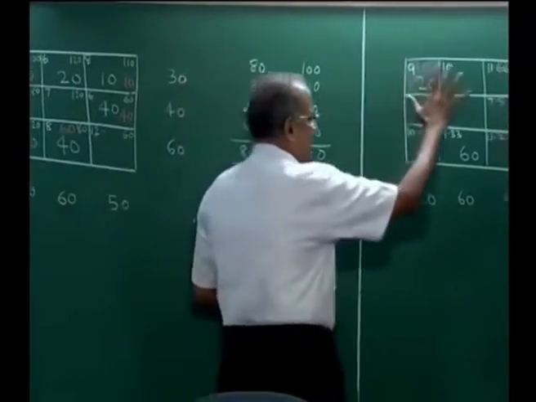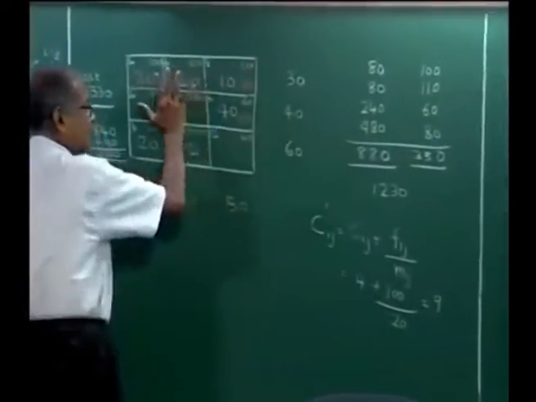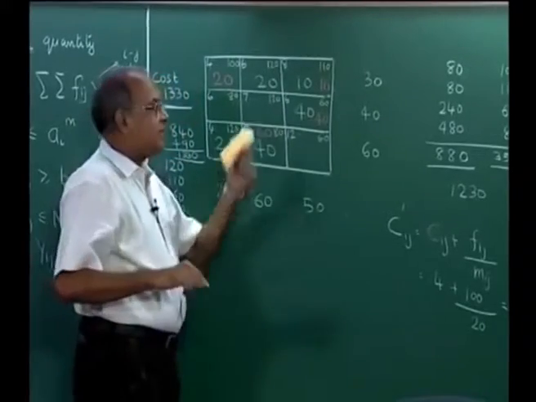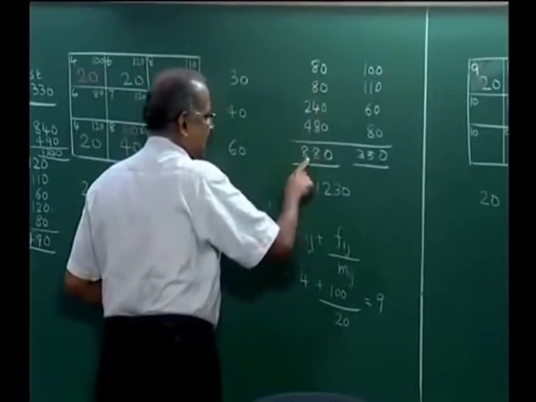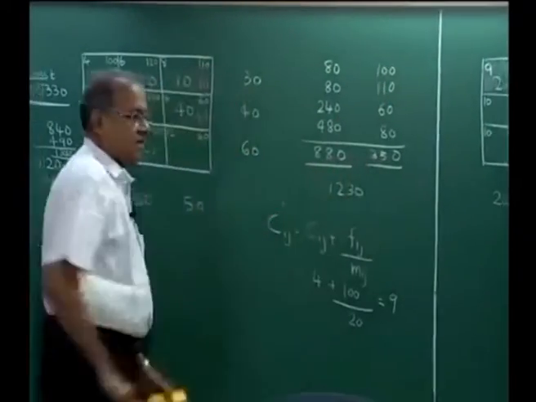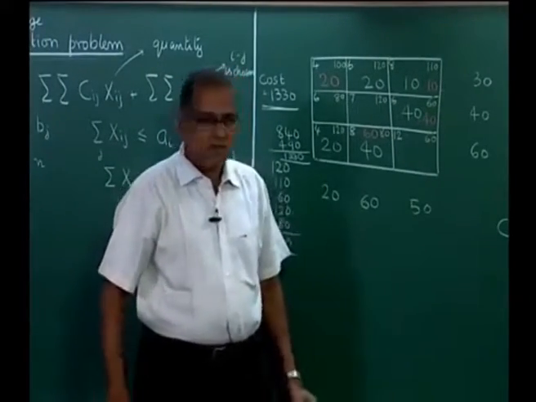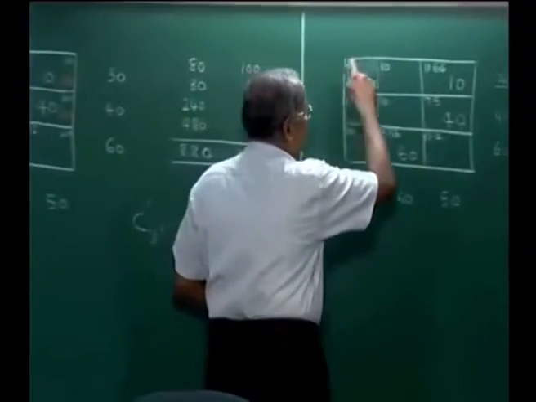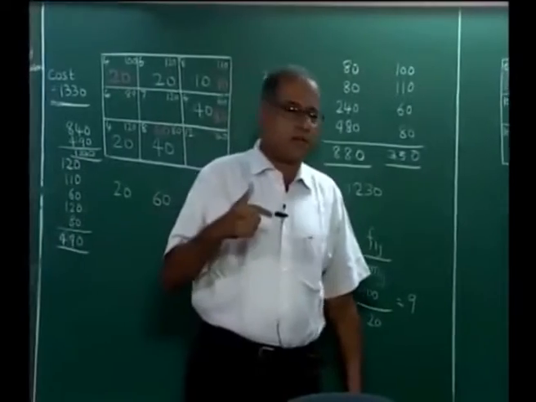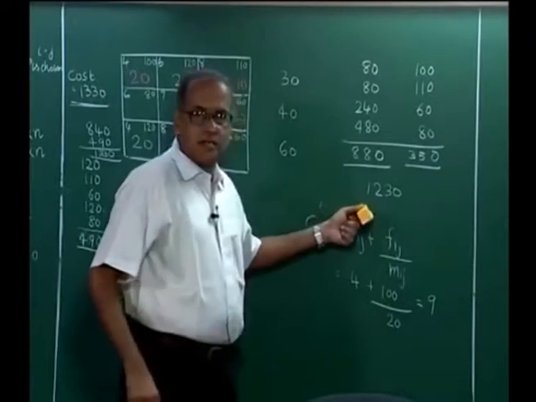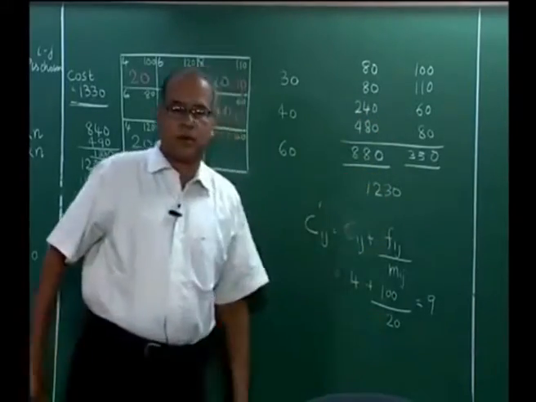But once we get this optimum solution, we now have to go back and map this optimum solution here and then try to find out the fixed cost as well as the transportation cost. Transportation cost will become 880, fixed cost will become 350, and the total will be 1230. If we do 9 into 20 plus 10 into 11.66 and so on, that will be different. So it will not be 1230. We have to do that separately and try and get the cost to the original problem.